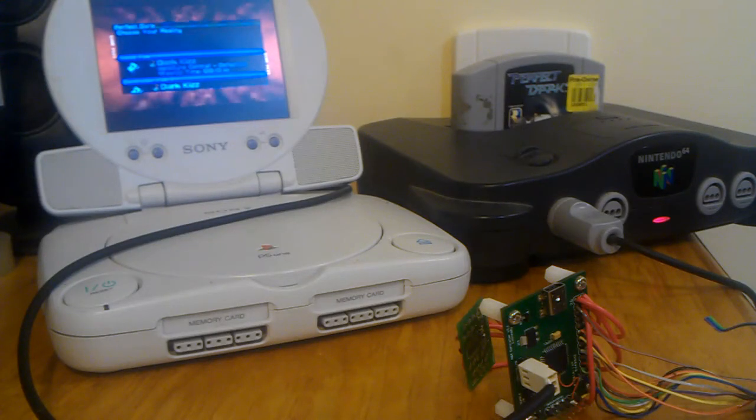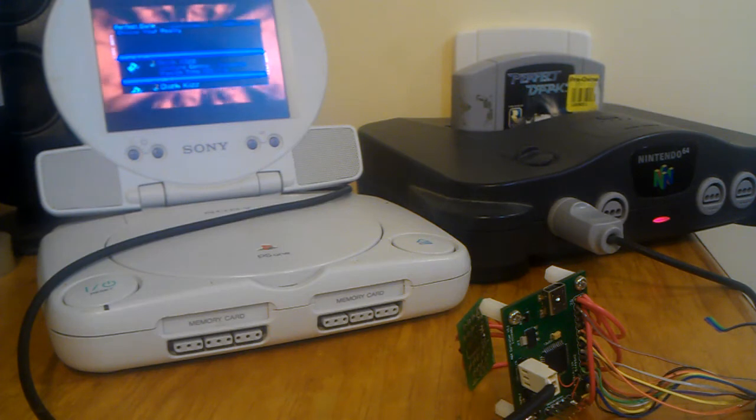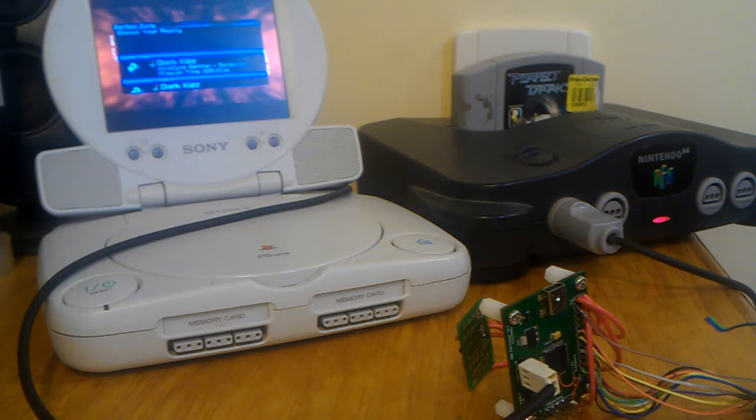Hey everybody. A few years ago when I was first getting into microcontrollers, I spent a day or so making a Nintendo 64 controller out of a very cheap PIC. It had limited success, mostly because of my limited experience, but it got me thinking,